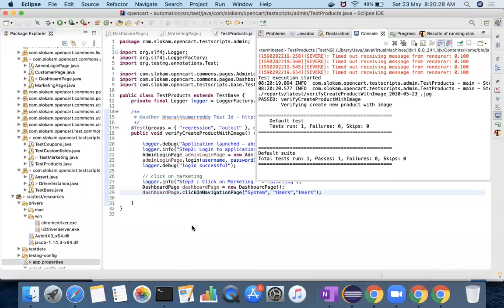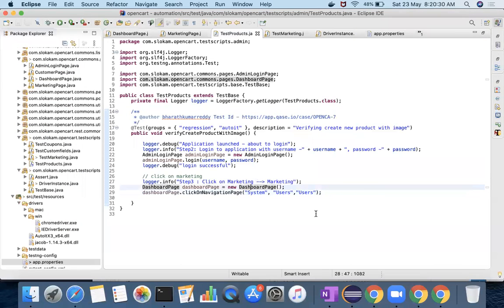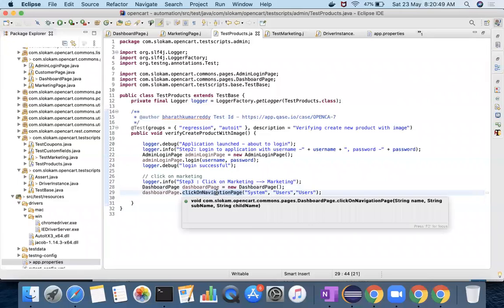So this is a single method. Single method will take care of everything. All the clickings, left hand side, sidebars, all the buttons or the links can be clicked using this single method. So I told you to use this method, click on navigation page. Is it the best you can have? No, you cannot say that. This still can be improved. This method, why? Because